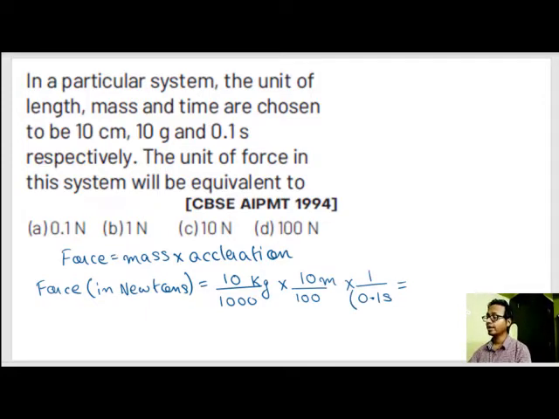Okay, this gives us an answer of time meter square. I almost forgot. Acceleration is meter per second square, so 0.1 square. Okay, so this gives us 100 divided by 10 to the power 5 into 10 to the power 2, which is given as 1 by 10, 0.1 Newton. Okay, so let's solve another question.